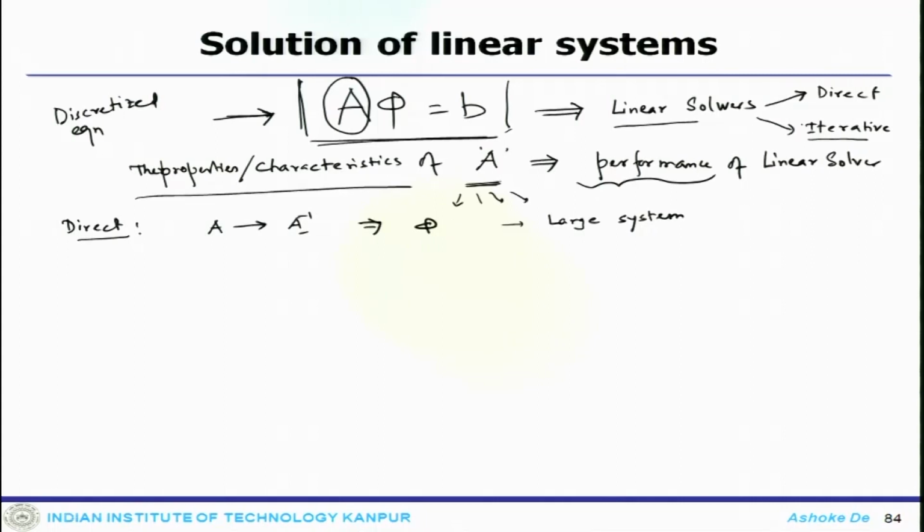So, that is why the alternative approach, which is the iterative process, is often preferred in large scale CFD calculations. Now, the direct approach or the direct solvers, we will discuss somewhat, because that will pave the way for introducing the effective iterative solver. So, it is a good idea to have some understanding of these direct solvers, which will be a platform for discussion of the iterative solver.